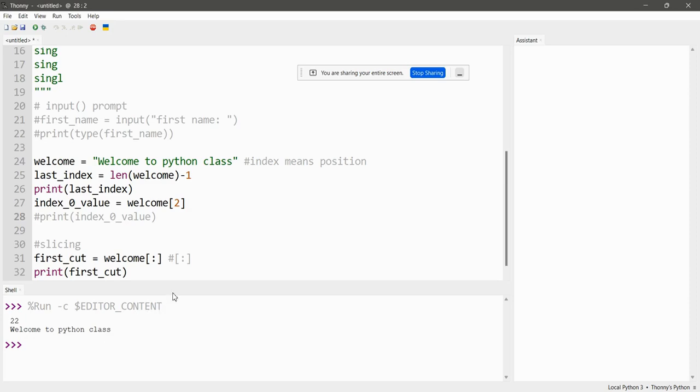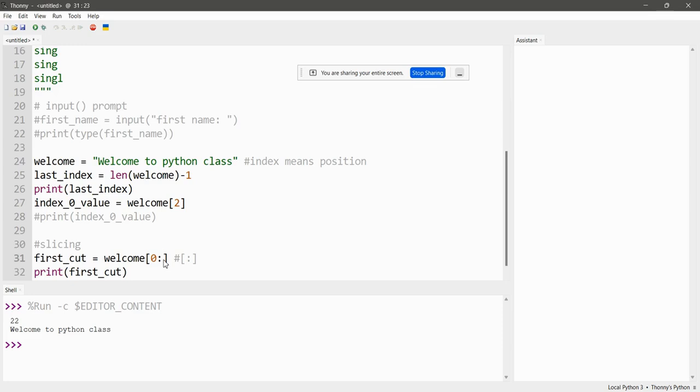What is happening is that this one is starting from index 0, as you can see here, meaning that by default Python sees it as index 0, and then this means go to the end of it. For instance, if I want to start from index 0 and then stop at index 5,